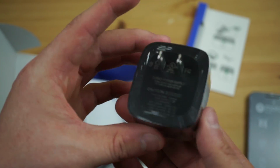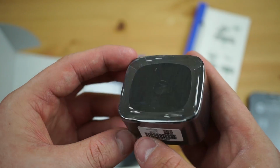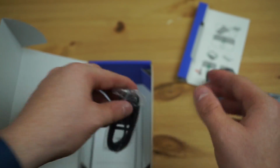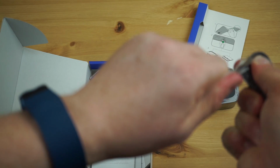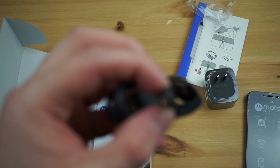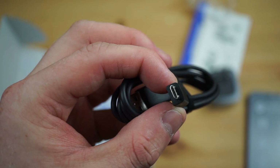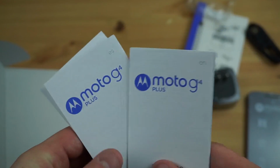So here we have the turbocharger again, so you'll be able to charge up your Moto G4 Plus pretty quickly. And of course we have a micro USB cable here because it is still a micro USB and not USB Type-C like what we have on the Moto Z and Moto Z Force. That should be coming out later this month on Verizon. And underneath that we have all the paperwork that comes with the Moto G4 Plus. And of course you can read that if you want, but most people probably don't read it. So we'll put all that stuff back in the box and toss that aside for now because we're here to